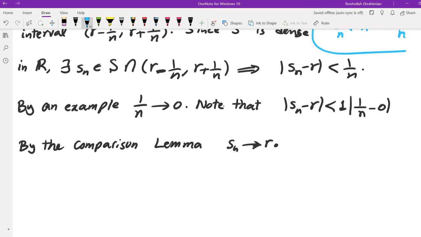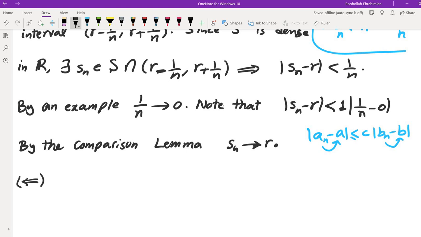Just to remind you, the comparison lemma was this. I have a sequence an and I have a sequence bn. I know bn approaches b, and there's a constant c such that this inequality holds after some point. If that is the case, then an would also approach a. So this was the forward direction. So the backward direction,